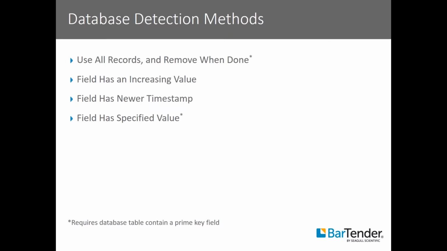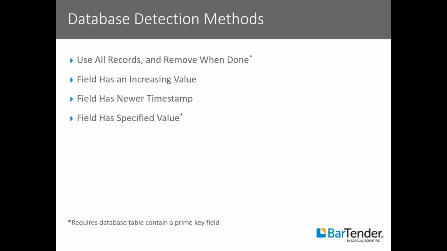So use all records and remove when done is going to be our first one. Using this method, we'll execute all records in a given database table and then delete the record once executed. You also have the option to copy the data to another table in the same database. The second one is field has an increasing value. This method monitors a numeric field, and when a new increasing entry is inserted on the next record, the integration